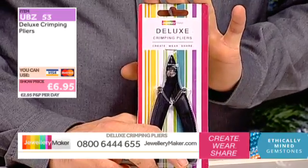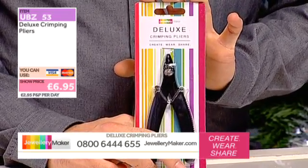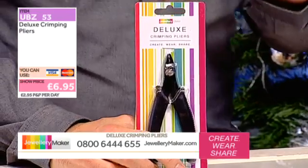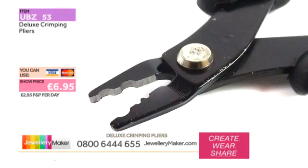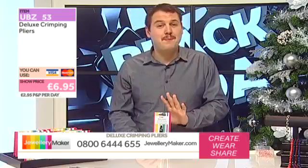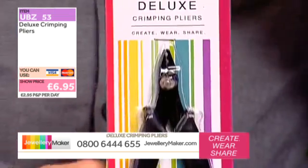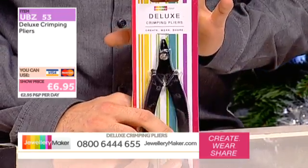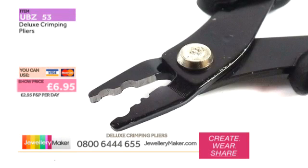And of course, if you don't know what gemstones people favour, or whether people are interested in Kumihimo or polymer clay, or what their discipline of choice is, I can tell you crimping is essential for all jewellery making. No matter what discipline you're going to do, you're always going to have to put a crimp bead on there to hold it all in place. So this is pretty much a generic item that all jewellery makers will benefit from owning, and at $6.95,